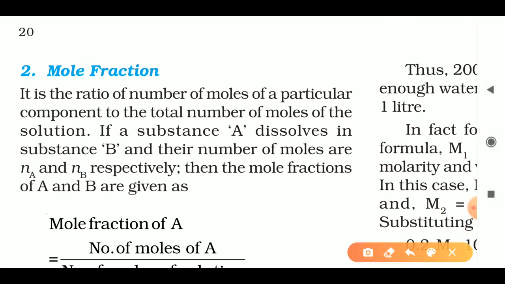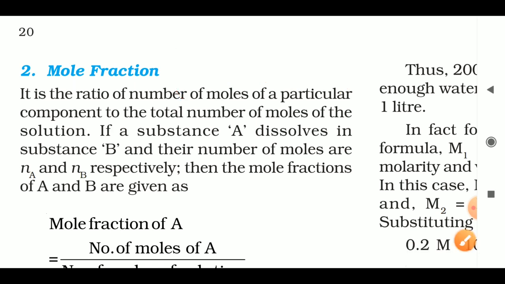See here, first of all I want to tell you that the mole fraction is denoted by a small x, not capital X. And always the sum of the mole fractions equals 1. In each and every condition the value is fixed at 1. That is not changed in any book, anywhere in chemistry. The total is always 1.